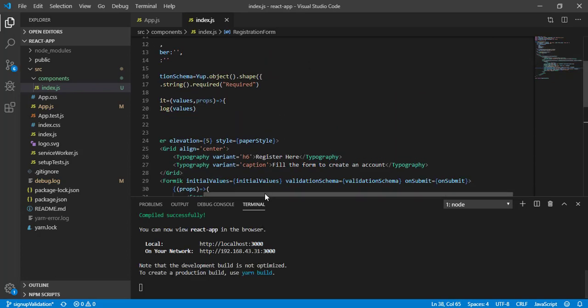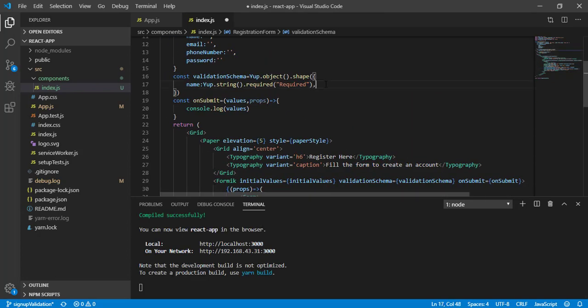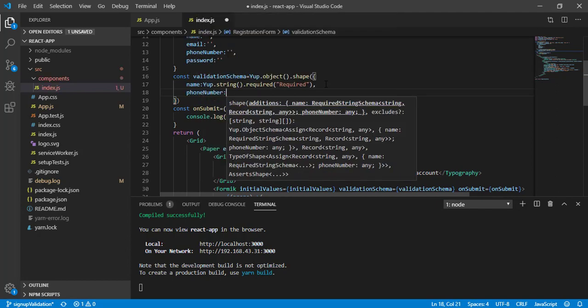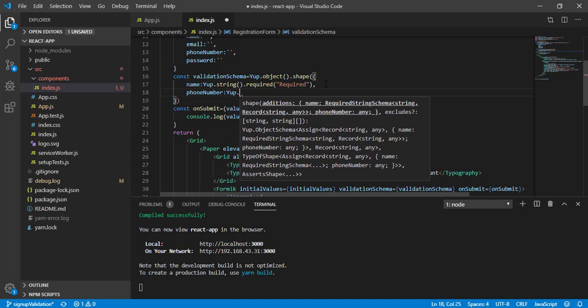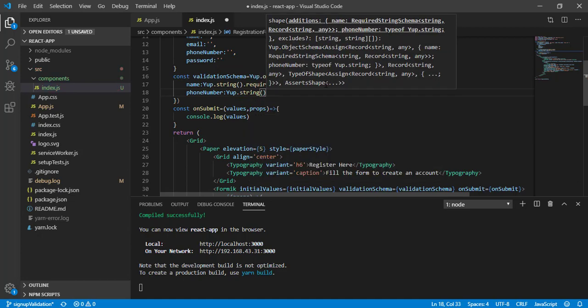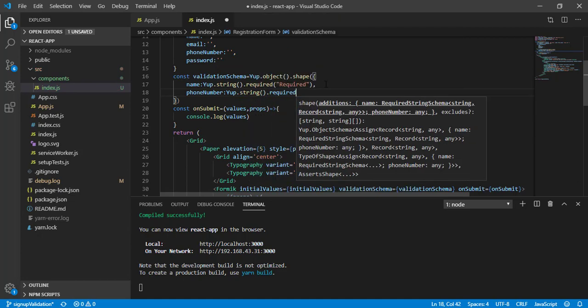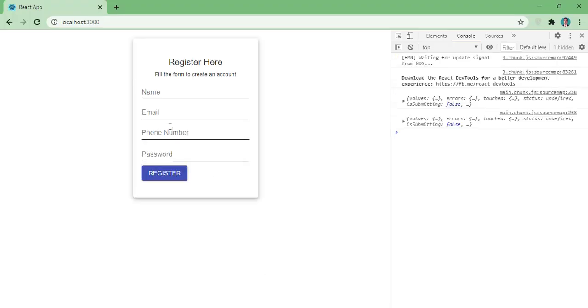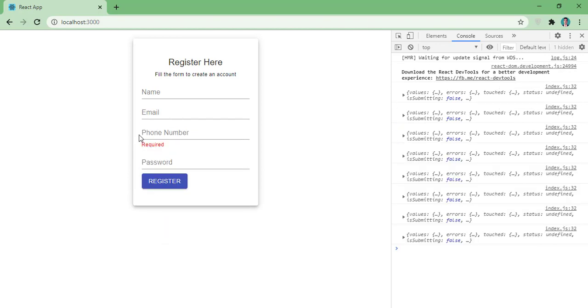Now come to the schema, and here we will define our phoneNumber: Yup.string().required, and here we will say required. Now save it. Let's come to the UI, and here I came in and came out. So you can see now it has been bound here.